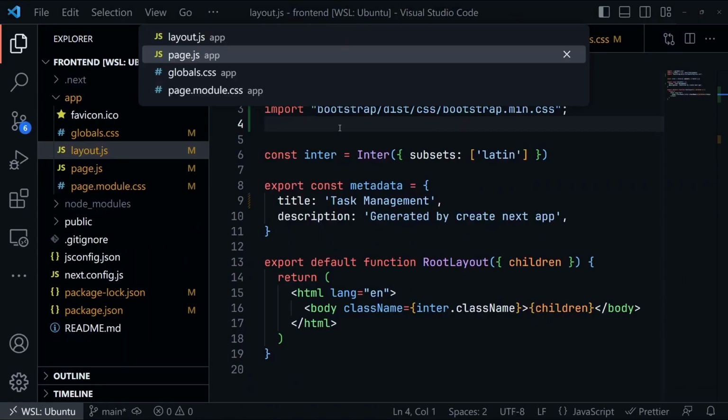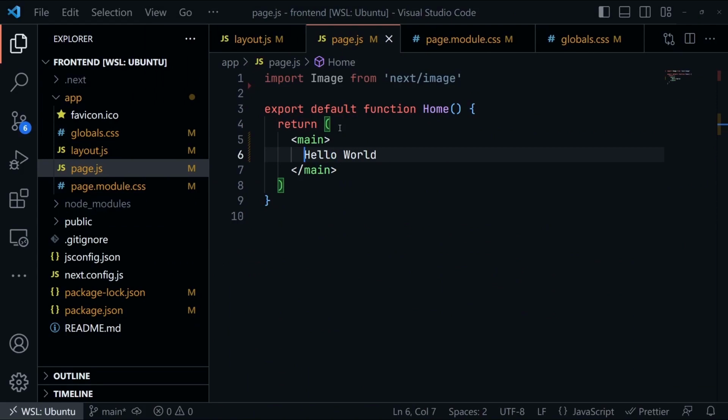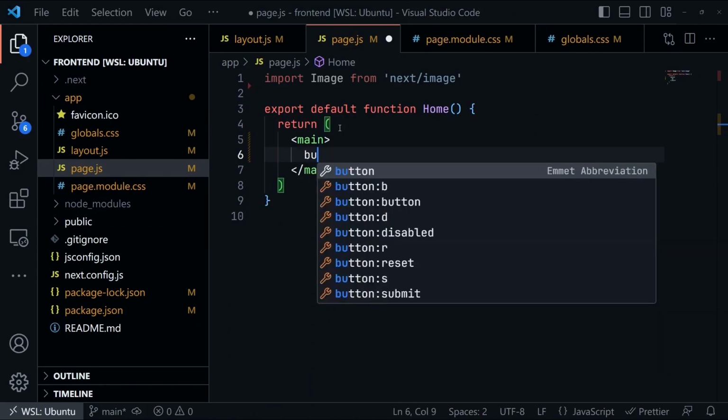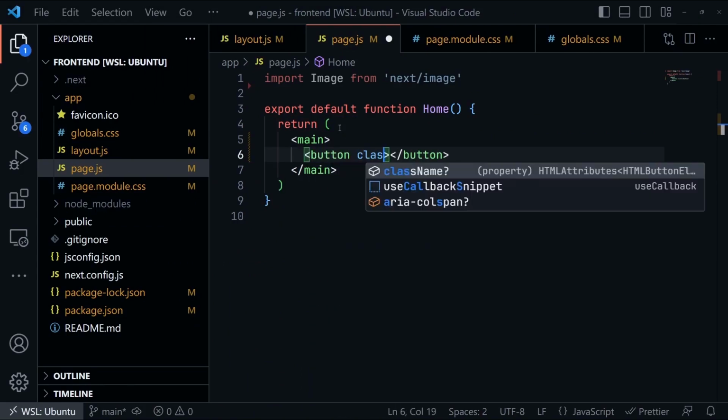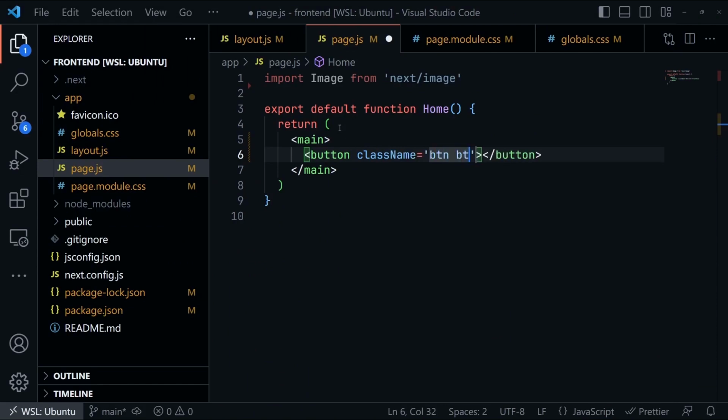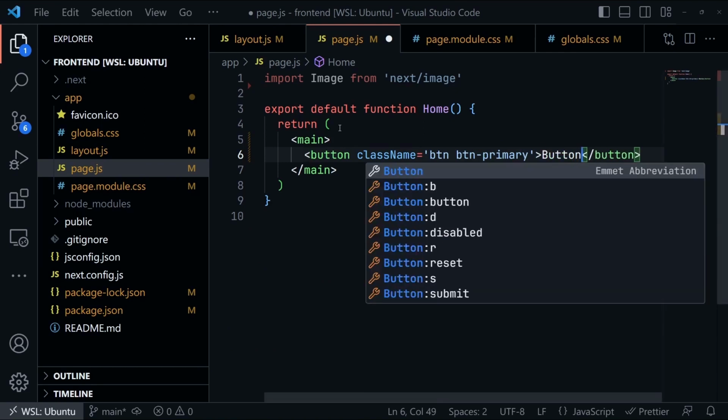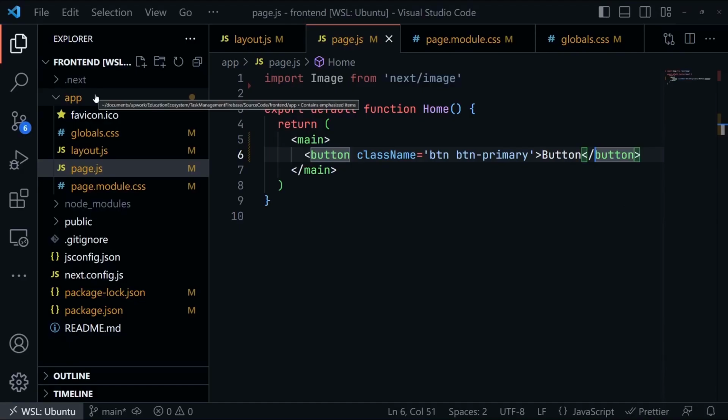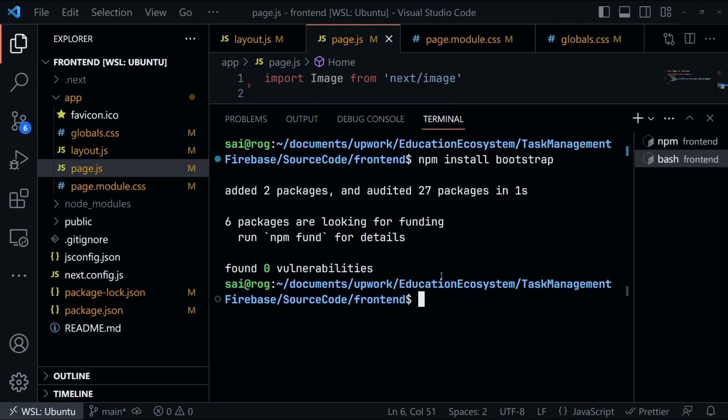Save. If you go here, I'll just add a button just for checking. Button, className, btn btn-primary, and then I'll just keep it button. Save. Okay, Bootstrap styles are applied, as you can see. So this is good. Now let's install Firebase, because for this project we'll be using Firebase. So let's install Firebase first,